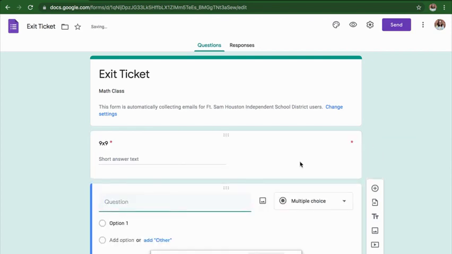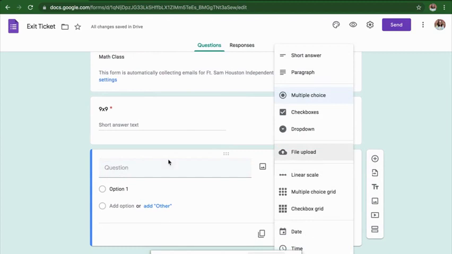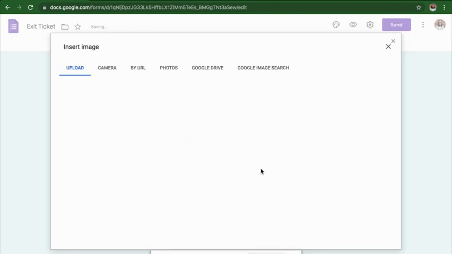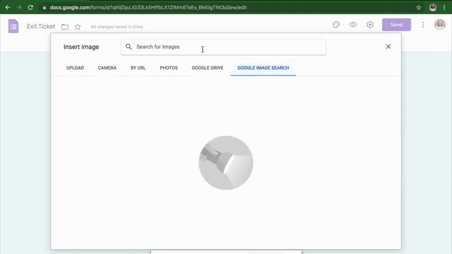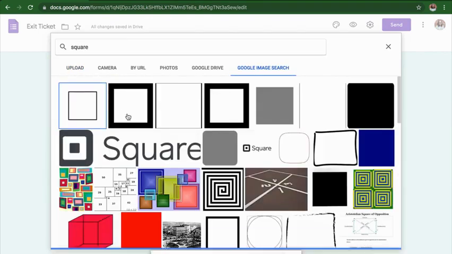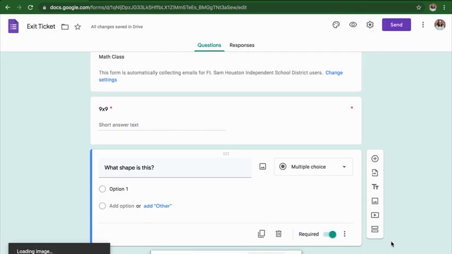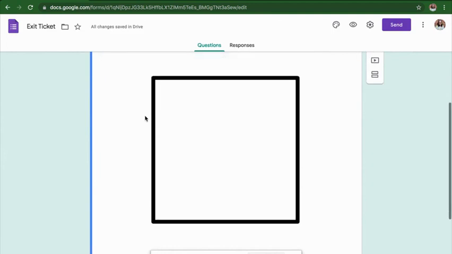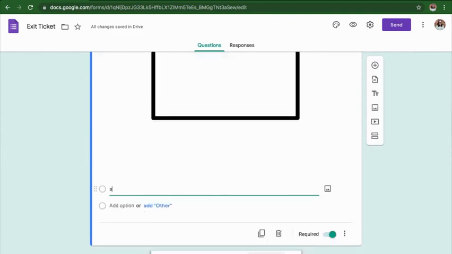Let's add another question. We can also do multiple choice. So I could say, you know, what shape is this? And here I can add a picture by doing a Google image search. So let's say I want to look up a square. Here's this. I can insert this square into my question, and I can literally ask what shape is this, and then now I can put different options: